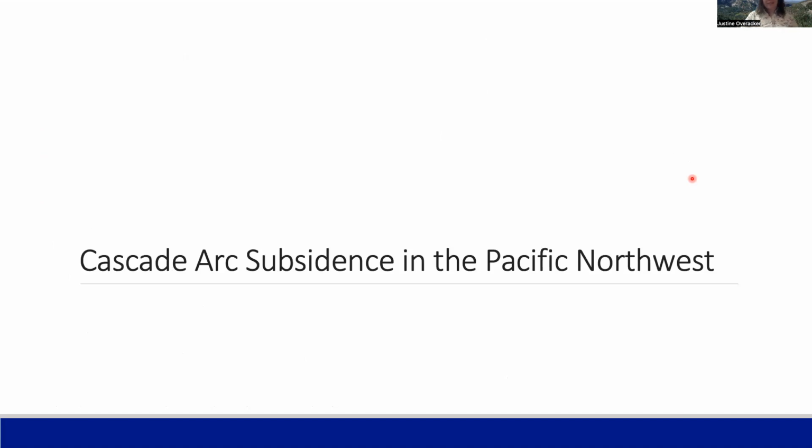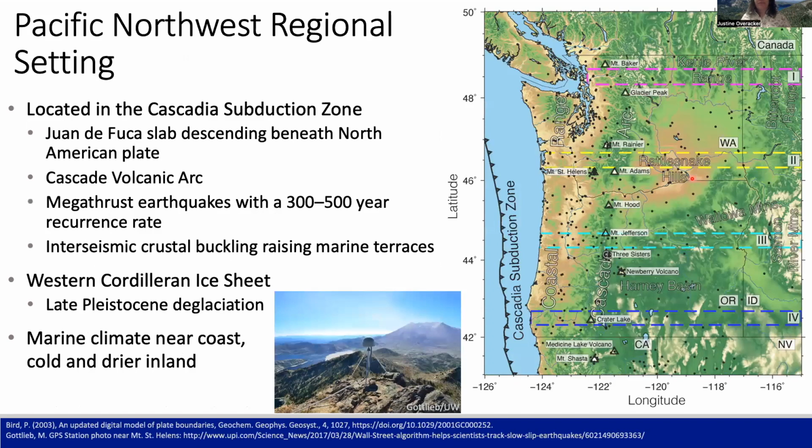Cascade arc subsidence in the Pacific Northwest. So the Pacific Northwest is a geologically complex area. It's home to the Cascadia subduction zone. It has a long history of plate subduction, a lot of classic features, and some of those are shown on this overview map. Here's the Cascadia subduction zone offshore, where the Juan de Fuca plate is subducting beneath the North